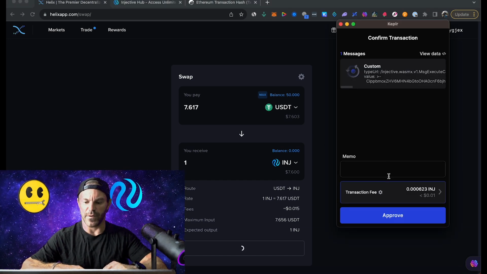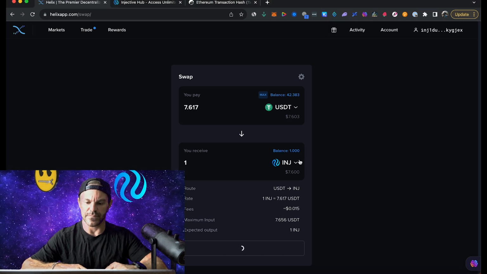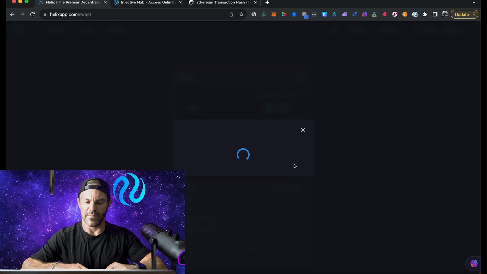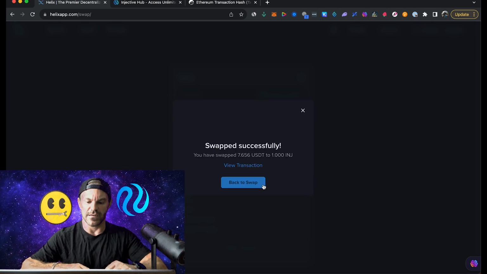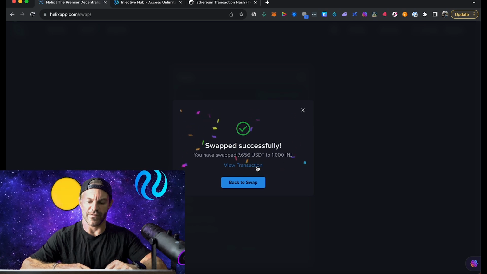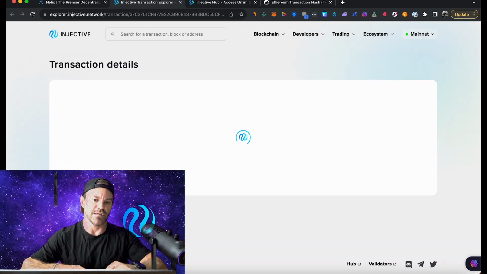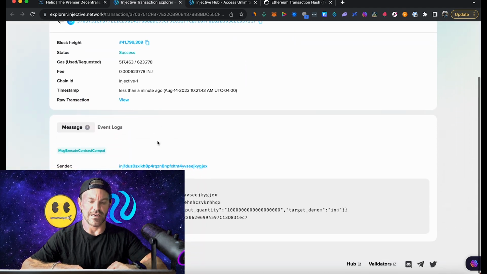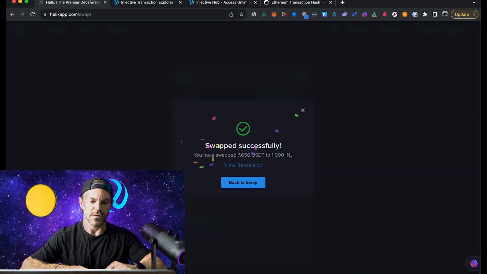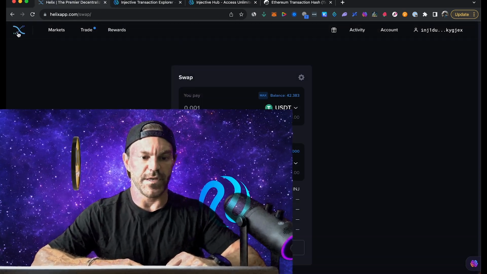and then I'll get a pop-up on my Keplr wallet, and I can approve that transaction there. And you can see that my balance then quickly updated with that one Injective. If I want to view that transaction there, that'll take me to the Injective Explorer, and you can see that that was a success. So I'll go back to the swap page,